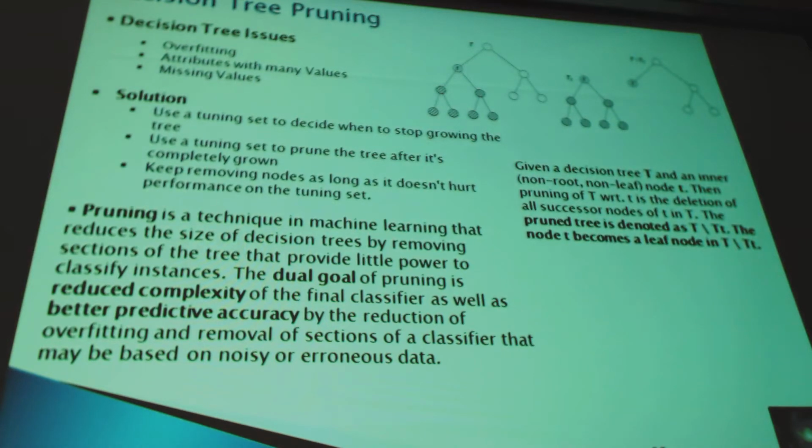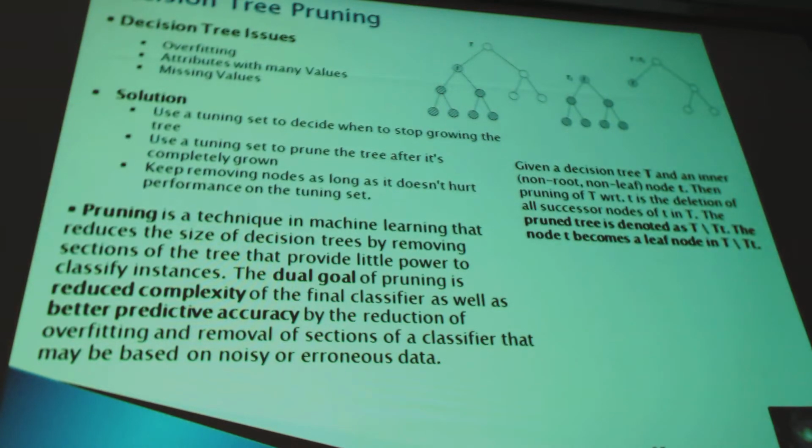What we do is try to delete some of the branches, sub-branches of the tree, so that we have a better predictive power of the tree. We pick those branches which do not provide any valuable information or are causing error or noise in the prediction.